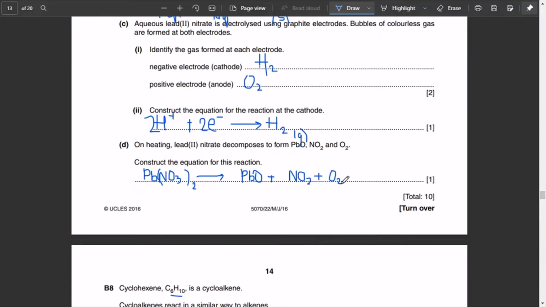Usually we learn it and we do it. It usually has the same format, and the only thing that changes is usually the metal here. It can be some other metal. For now we have lead, but sometimes we have some other metal, so according to it we are just going to make these changes. There's going to be 2 here and 2 here and 4 here. Alright, so this is how we are supposed to solve it.